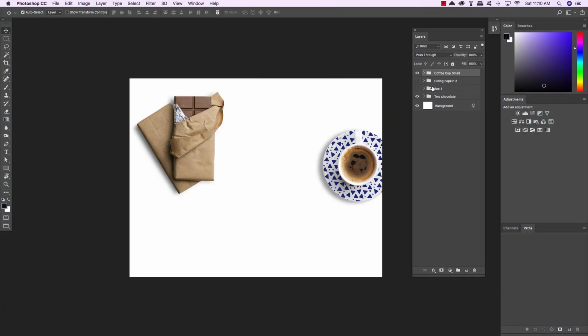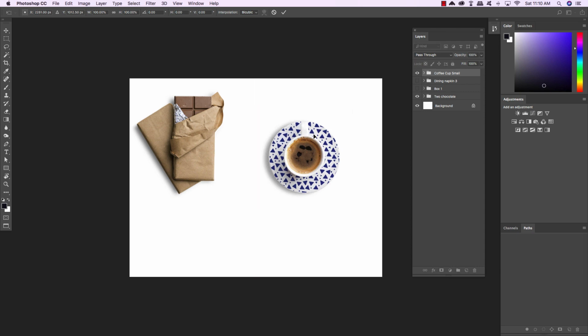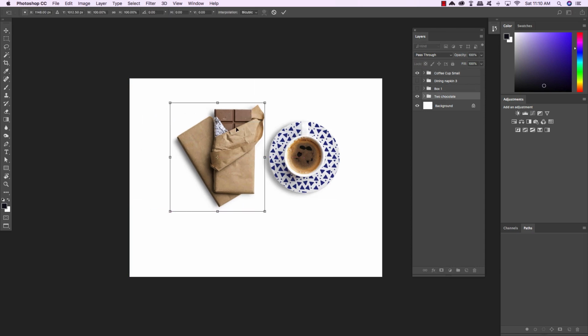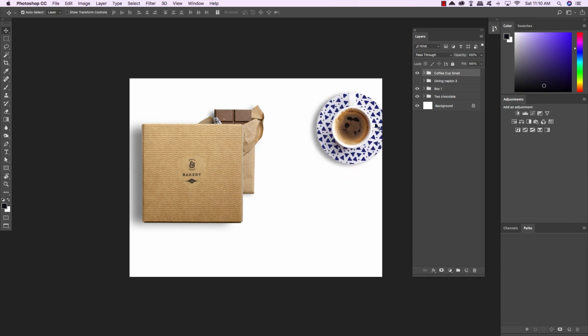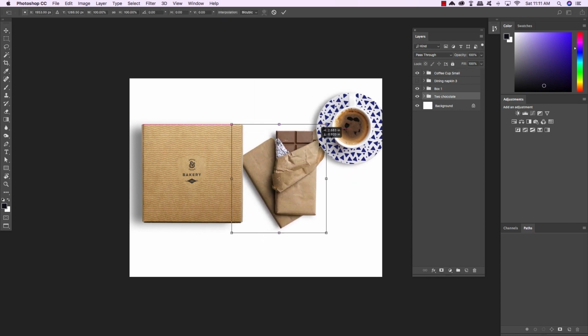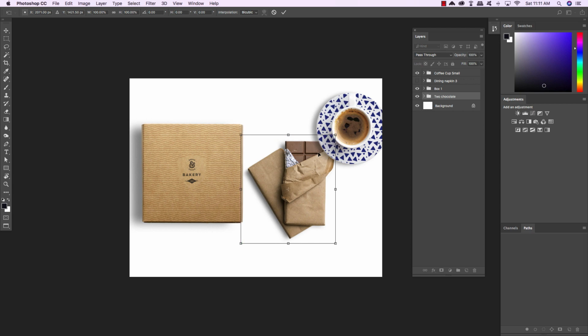So if I just turn off these other objects for a second here, and let's say I move my coffee cup somewhere over to the right here. I've got my chocolate right here, and then I've got this box, right? Right now, this design is not feeling very balanced at all because, again, all the objects are pretty much the same size. Now, they may be overlapping each other, which is kind of interesting, but there's really no harmony between